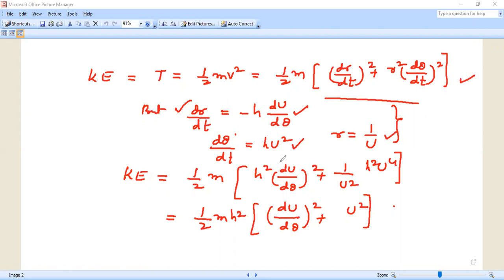Half m dr by dt whole square is h square du by d theta whole square plus, but r equal to 1 by u, there we have r square d theta by dt whole square, 1 by u square times h square u power 4. Then by h square taking common, half m h square into du by d theta whole square plus u square. Okay, now